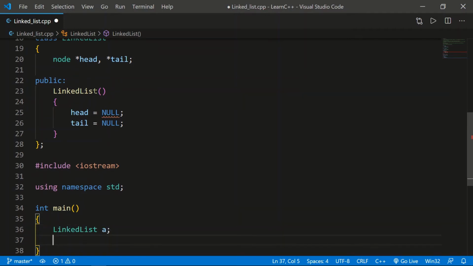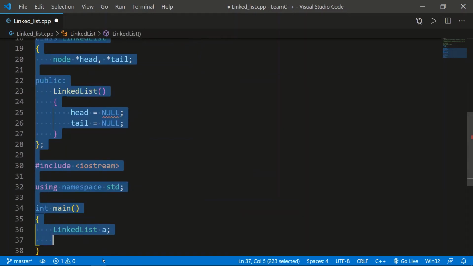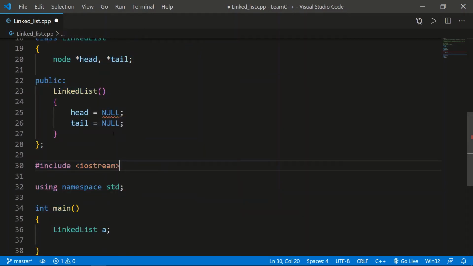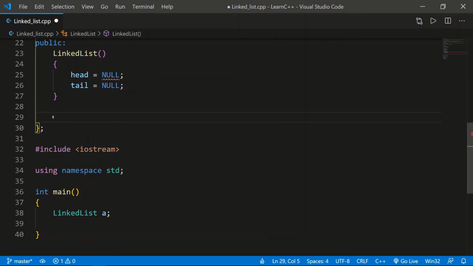Now you can see we created a node here. You can name it anything, and we connected this node inside this class so that we can have access to it and we can add whatever we wanted. Suppose we wanted to add members in this node, so we'll try to add something. We'll add void addNode,